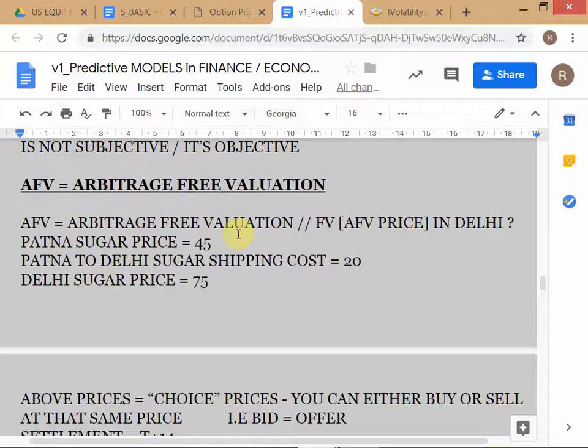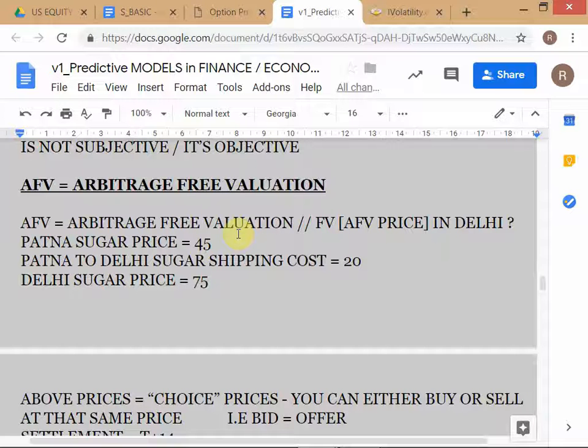Whenever it is possible to execute CRA, executing CRA in this situation means you should be able to lock in instantaneously: buy from this guy, arrange the shipping and sell to this guy. You have only the operation, no market risk is left in the transaction. Whenever there's such an opportunity to do true CRA, classical riskless arbitrage, that means you can really do the arbitrage.